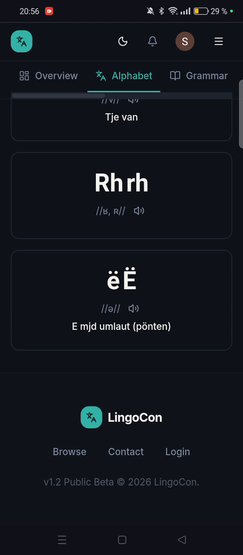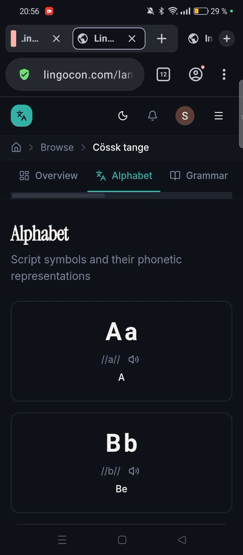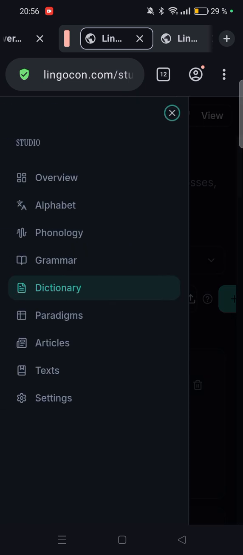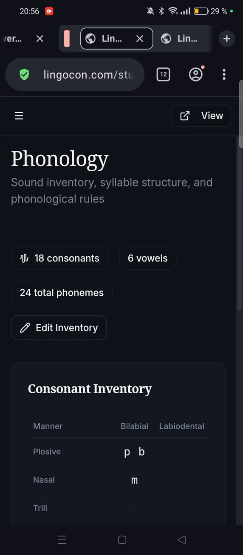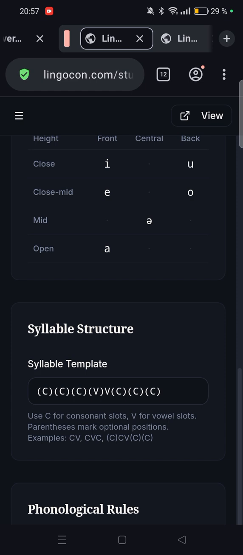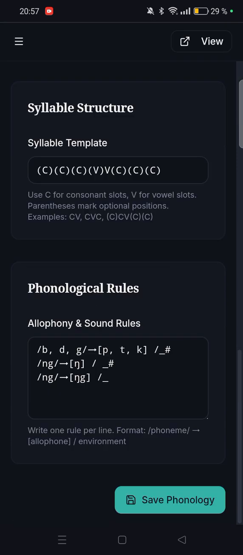I can find it in the display, but on the editing side, I can show you. There's a phonology tab, and here I'll show you some things I have noted. Here in phonological rules, you can see some of the phonological rules I have pointed down. Not all of them, I haven't thought of all of them for now, but the main ones is that